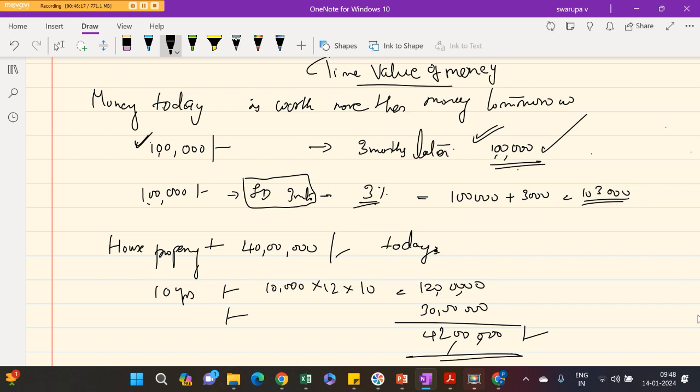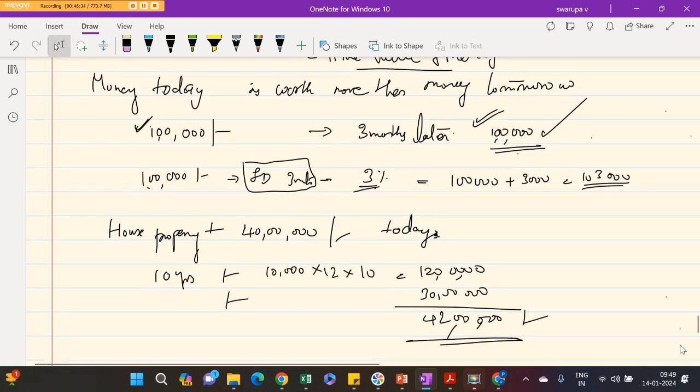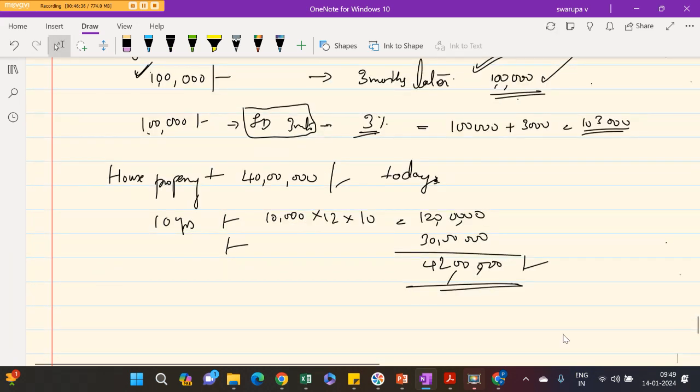What do you think? 42 lakhs. Now it is 40 lakhs. I will get 42 lakhs at the end of 10 years. I've made a profit of 2 lakhs. Is it correct? Have you really made a profit of 2 lakhs at the end of 10 years? Now the question is,